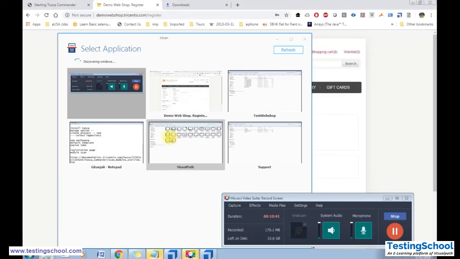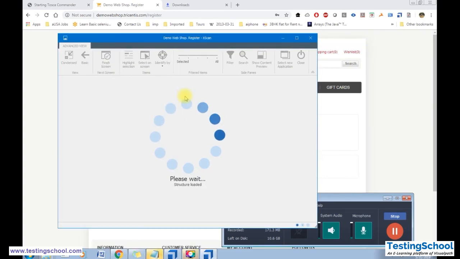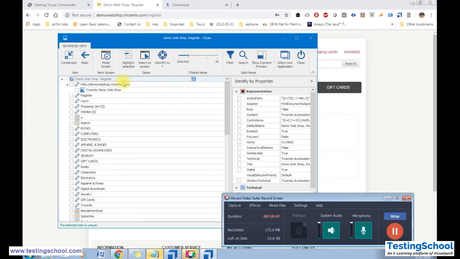It will display the list of active applications. I want to take the registration page. This is called the Xscan. This window is called the Xscan window. I will try to minimize this window by clicking on the minimize option.